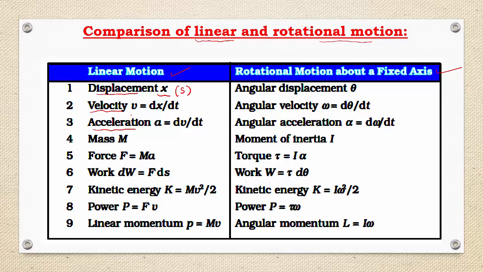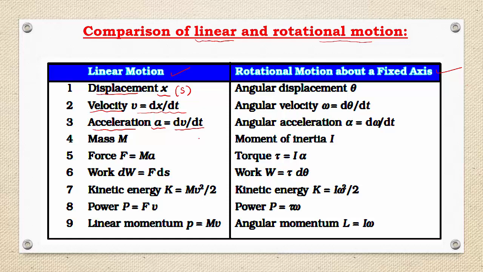And what is velocity? Rate of change of displacement is called velocity, and velocity is denoted by v. So v equal to dx divided by dt, right? Then third term is acceleration. It is rate of change of velocity is called acceleration, and it is denoted by a. So the equation we can write here, dv divided by dt. Displacement, velocity, acceleration. These three terms we can use only when object has linear motion.